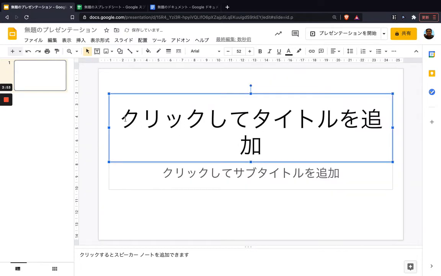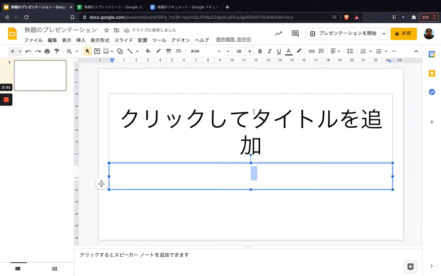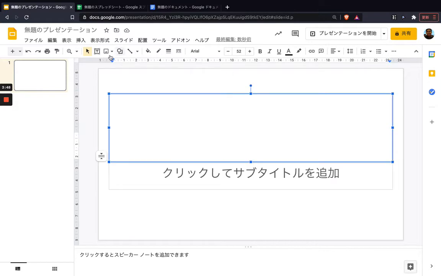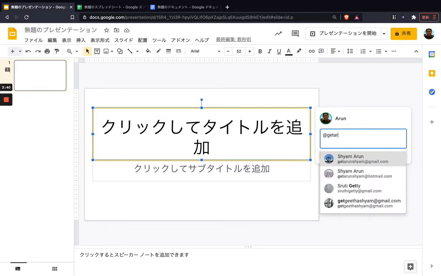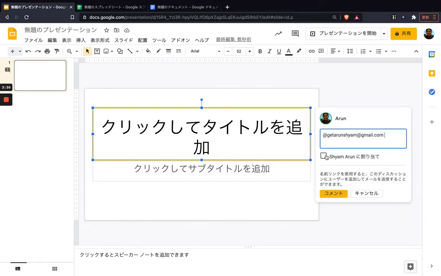So in order for you to get a notification that I have left a comment, what I do is, on the same comment, I'll just put my own email address here, but let's say it's me. I'll assign the whole comment to myself here. I'm just giving this as an example. You can do it to anyone with their email address.